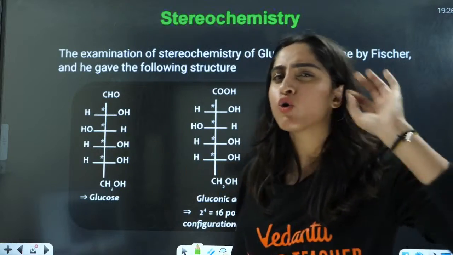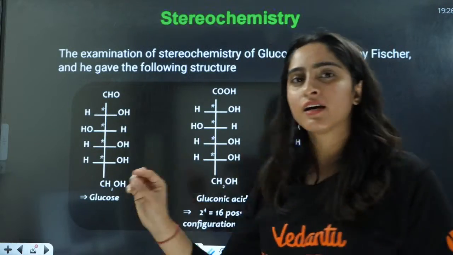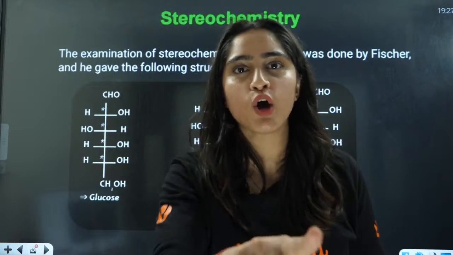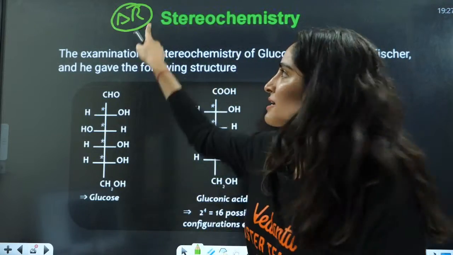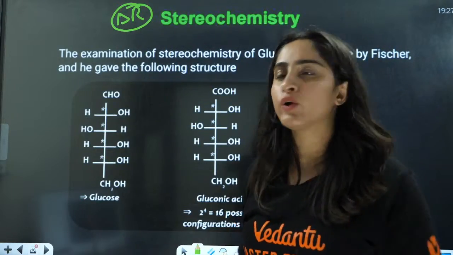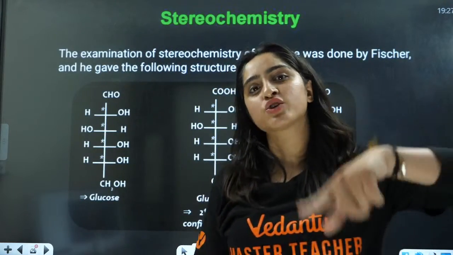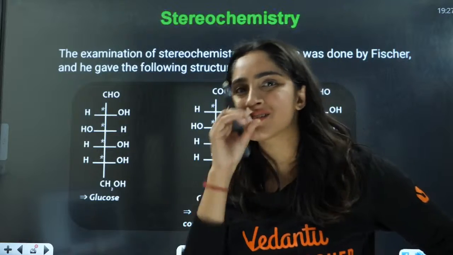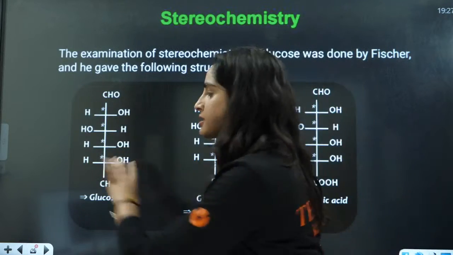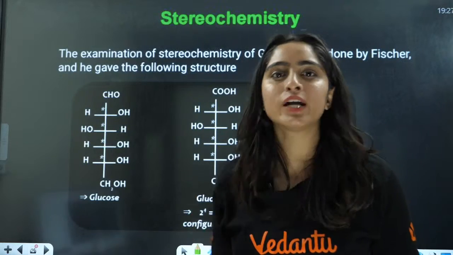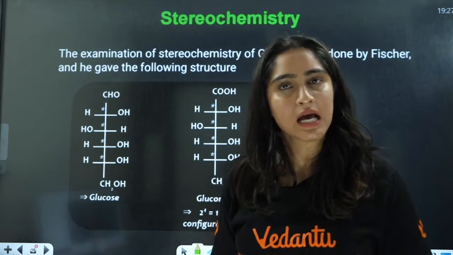This is glucose. How is glucose? Everybody, write DR, doctor. You want to be a doctor? Write OH. We'll see how many OH groups are on the right side, and what is dextro, what is laevo, everything will be discussed here, right? Now this is the glucose structure, but I have not yet defined alpha or beta glucose here.